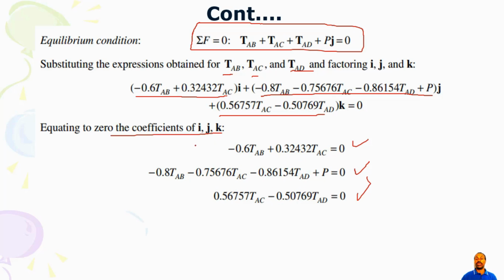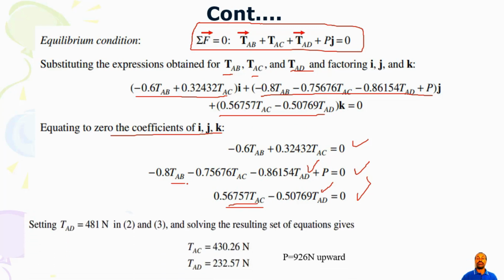Then you will substitute in this equation. Since TAD is known, clear? TAD is known. From here you can find TAC. Then once you find TAC, you can find P again, and AB again, you can substitute. So let us see. Now, since we substitute TAD, 481 Newton, already known, in equations 2 and 3,